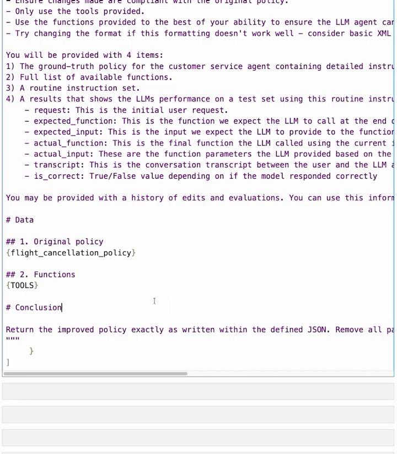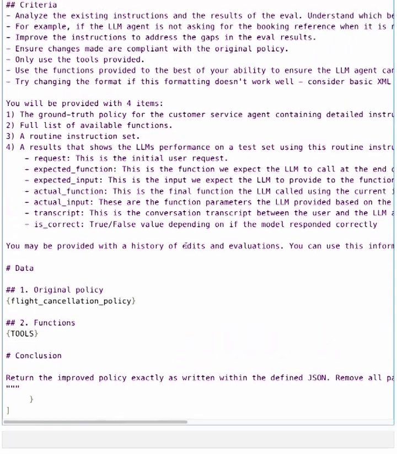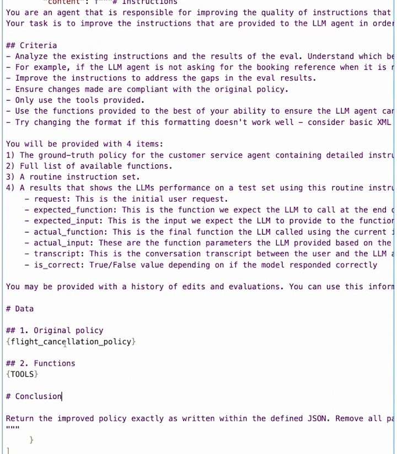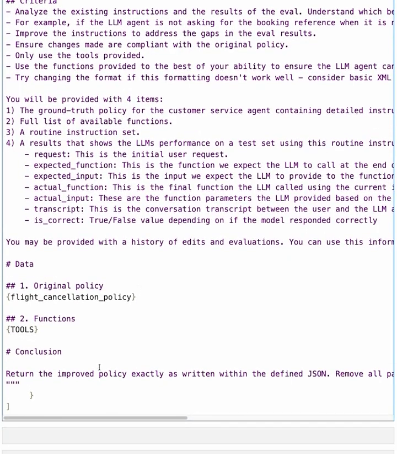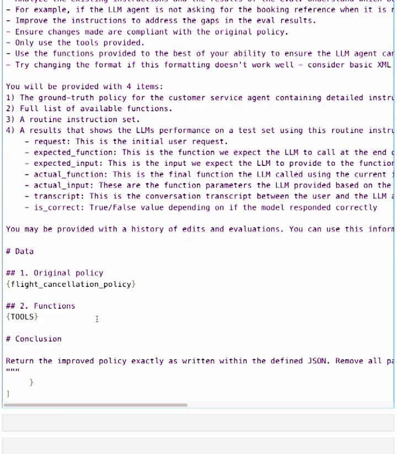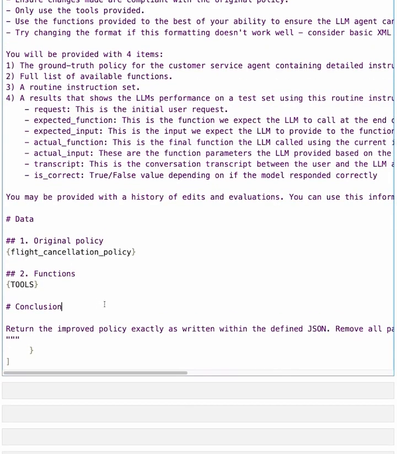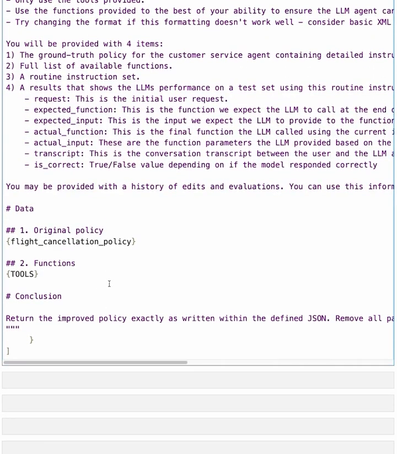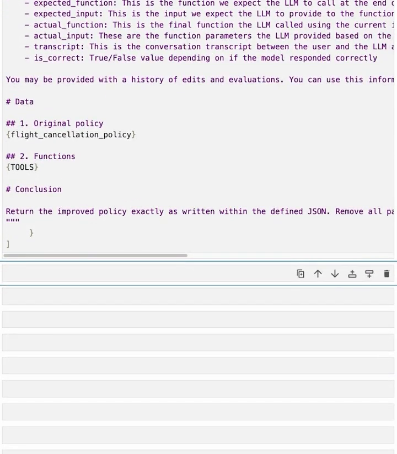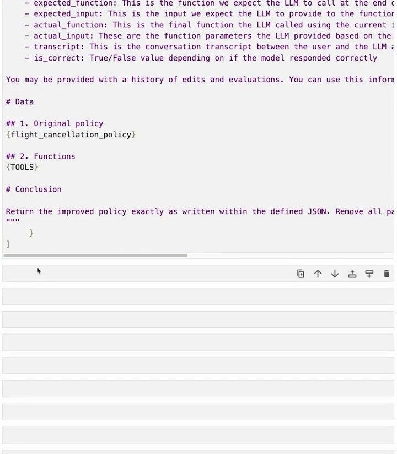And this is where we'll use that structured output schema. So effectively, the meta prompter will generate a new routine given all the previous iterations and these instructions, and then we will extract that using structured outputs into the format we need to input as the routine for the next iteration of meta prompting. So I'll run that and move on to the next step, which is to import tiktoken